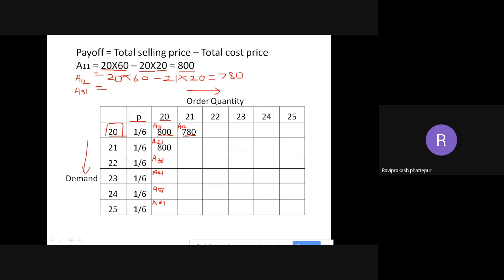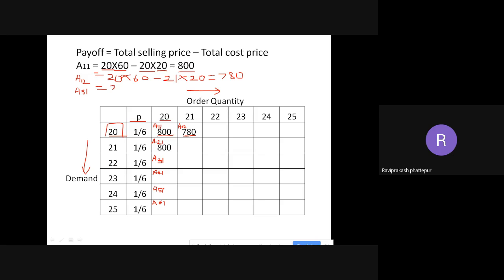So I'll give you an example. Like you go to a shop and ask, I want 20 pencils. But the shopkeeper is having only 15 pencils. Even though your demand is 20 pencils, the shopkeeper is having only 15. How many can he sell? He can sell only 15, right? So even though the requirement is more, I am not having it with me. Similarly, I am ordering only 20, but the demand is 22. So I can sell only 20 numbers.